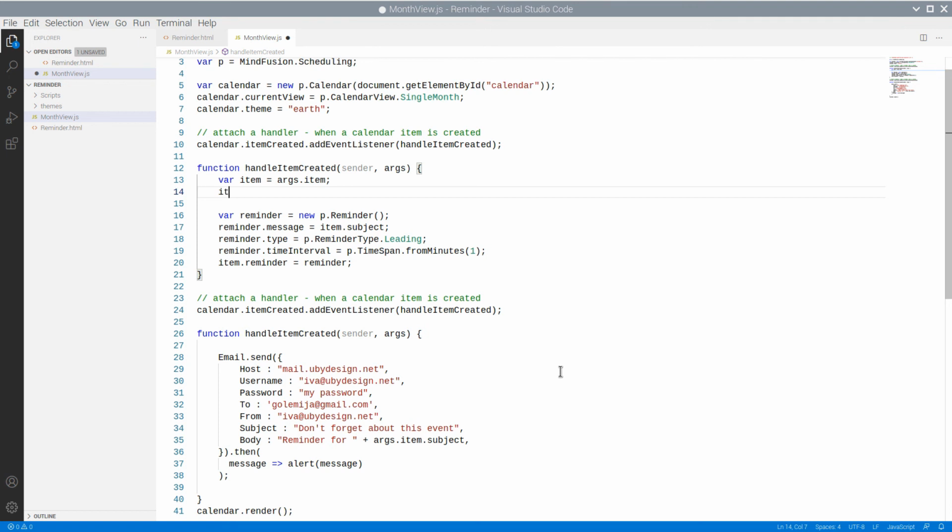Let's make one artificial adjustment though. Let's make each new event start 2 minutes ahead of the moment we've created it.